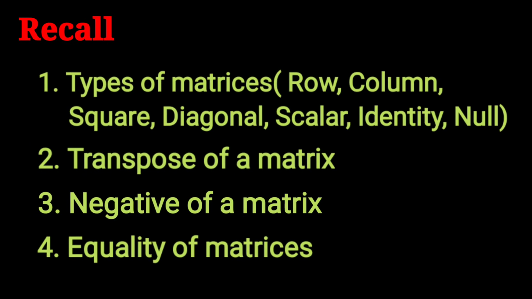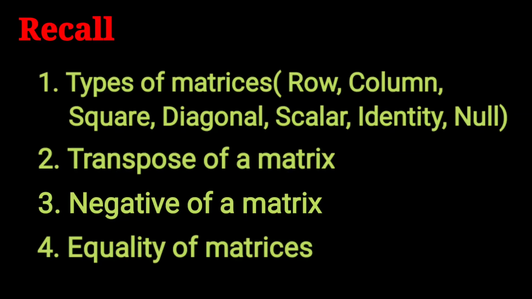Glory to the Lord. Let's recall what we have learned in the previous class. We have started learning about matrices. Matrix is a rectangular array of numbers in rows and columns. And the order of matrix indicates its rows and columns. And the general form of a matrix we have learned. In the previous class, we learned different types of matrices. Just have a fast recall on that.